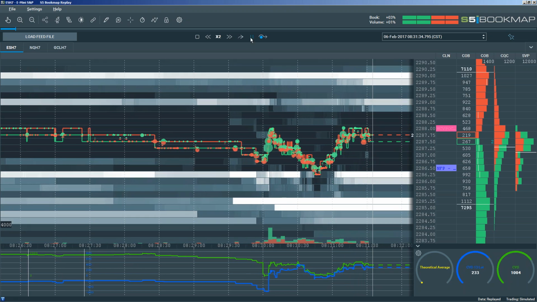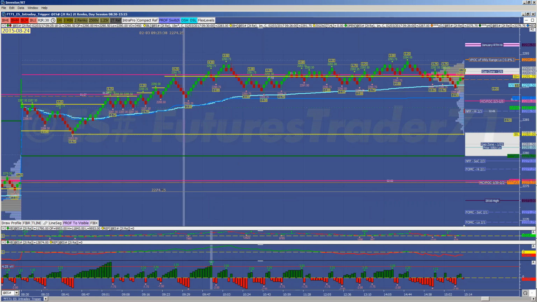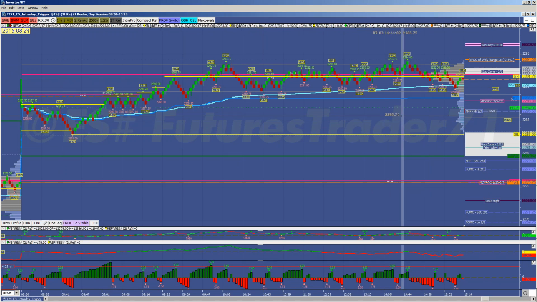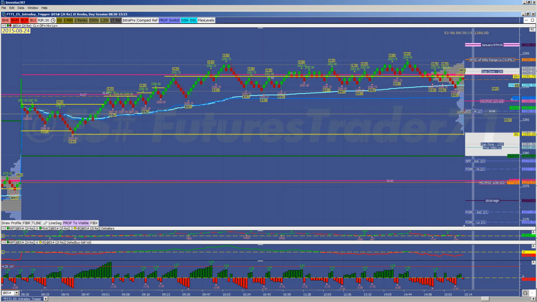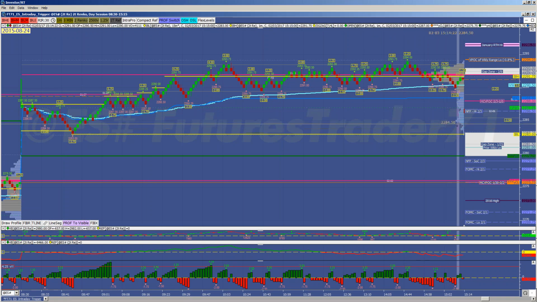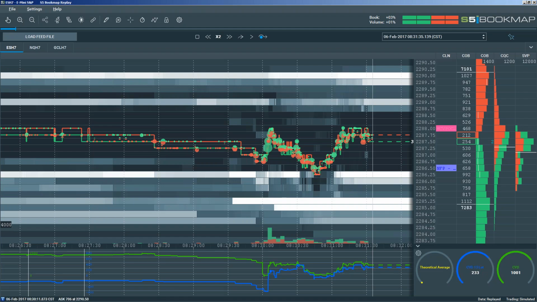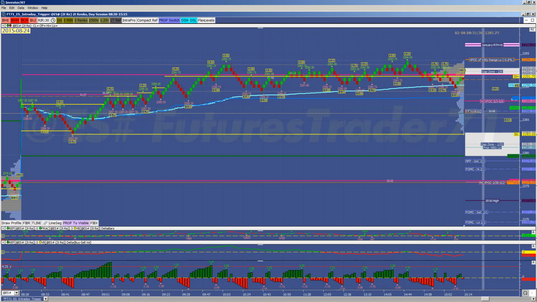So I'm going to pause this for a second just to set up the day so you can have some context. This day is the 6th. That's the day right off the right of the screen. The prior Friday was non-farm payrolls, I believe, which was the 3rd, and when the market had jumped up, left a gap behind, and has put in what's called a P-shaped profile, a lot of volume at the high, and the market this particular morning was opening lower. So the market this day happened to be opening at 2287, right down here, and the main ideas,